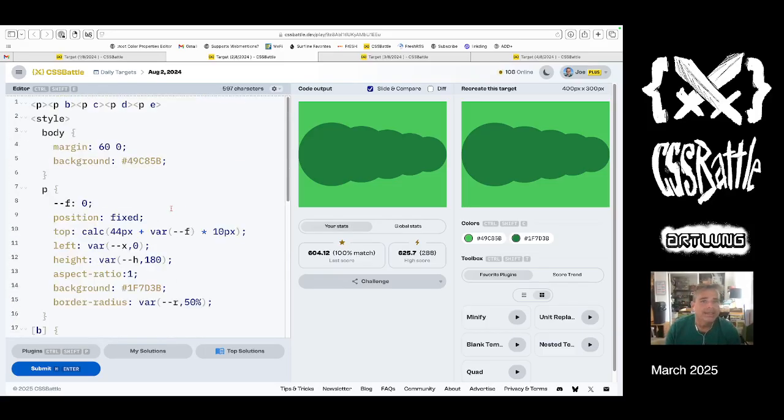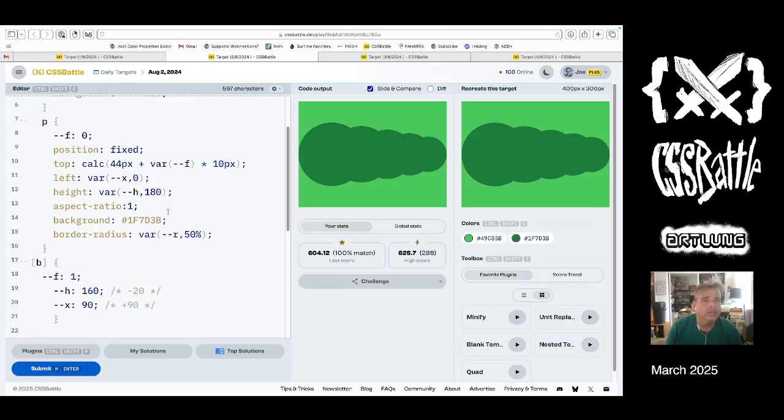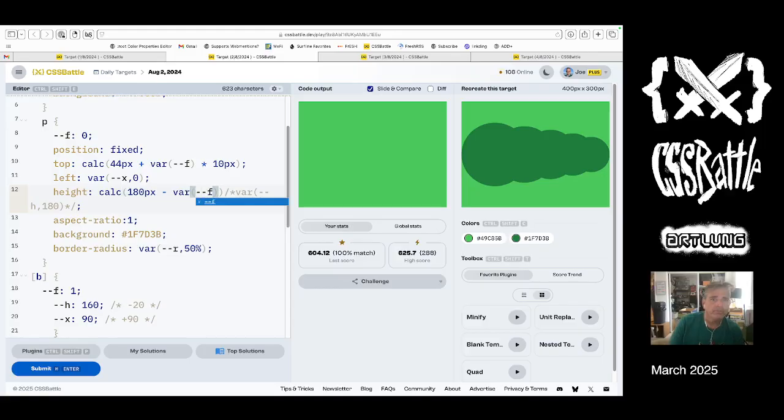Okay. Next. This is the left value, the x value. So the x is the most complicated, so we'll do that last probably. Now we'll do the h value. So very similar. I'm going to comment out how h is currently done, and I'm going to do a calc of 180 pixels minus a bar of f times